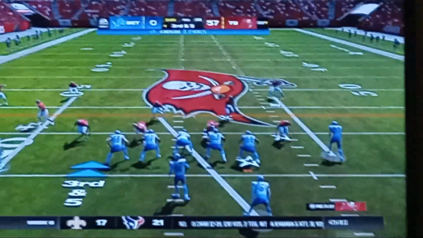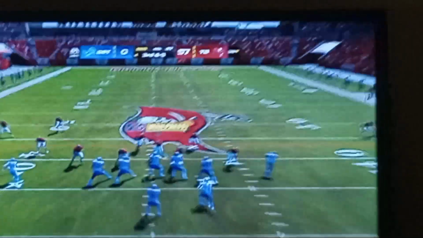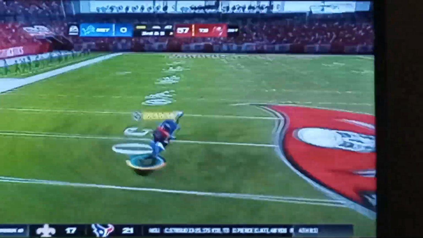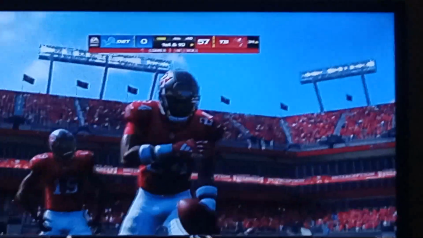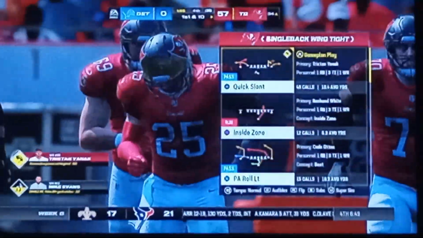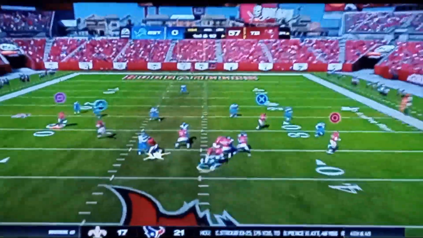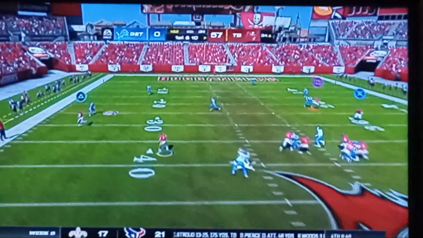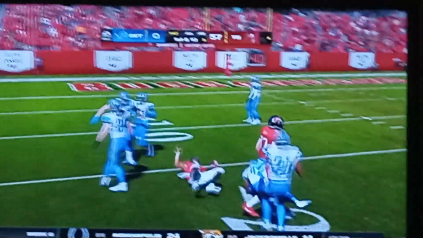The Buccaneers are up big time, and it looks like Jared Goff is going to throw another interception. This time it's going to be Carlton Davis. So 1 interception for Carlton Davis. So now Jared Goff has thrown 2 INTs on the day, and it's just hard to believe that. I'm just going to use a juke move there, and I'm going to get stopped at the